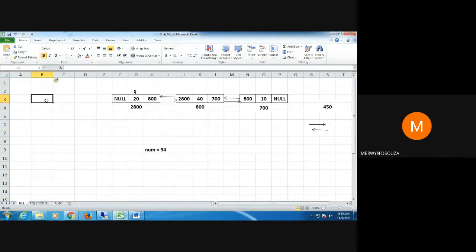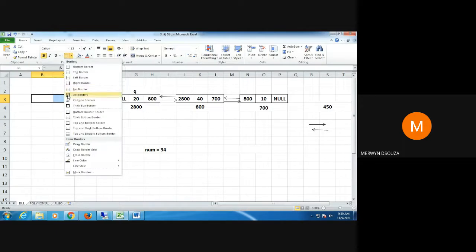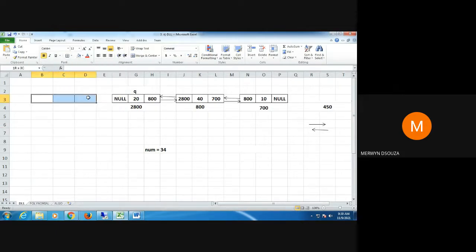Now, just like your singly linked list, we are trying to add a new node here. We are going to add the value 34 here because this is going to be my new first node. This previous part should be null. Here it should contain the address 2800. And this part here should be replaced with the address of this node.